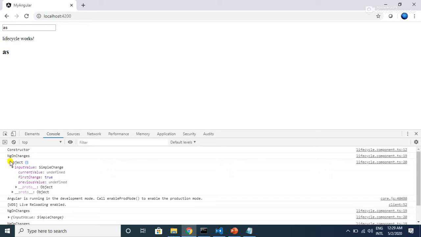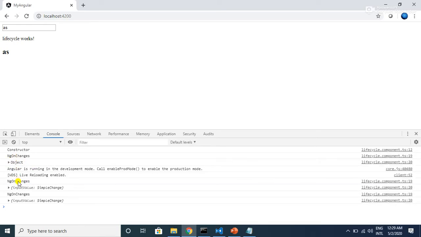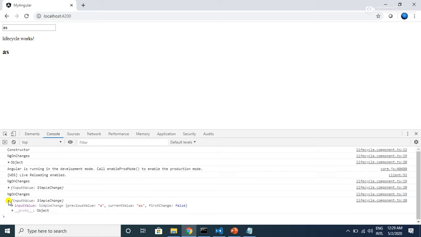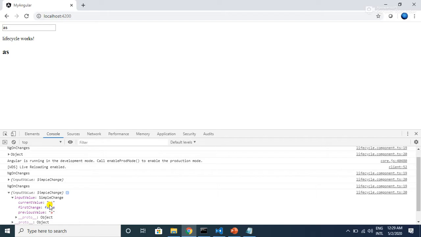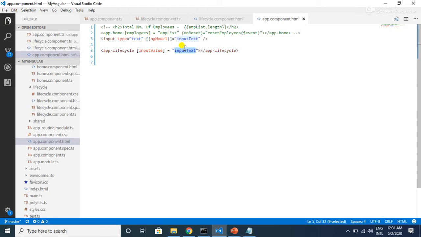This is the third log message: ngOnChanges first one, second one, third one. If I expand the third one, I can see the current value as AS and the previous value as A. So the ngOnChanges lifecycle hook helps us track the input property changes.